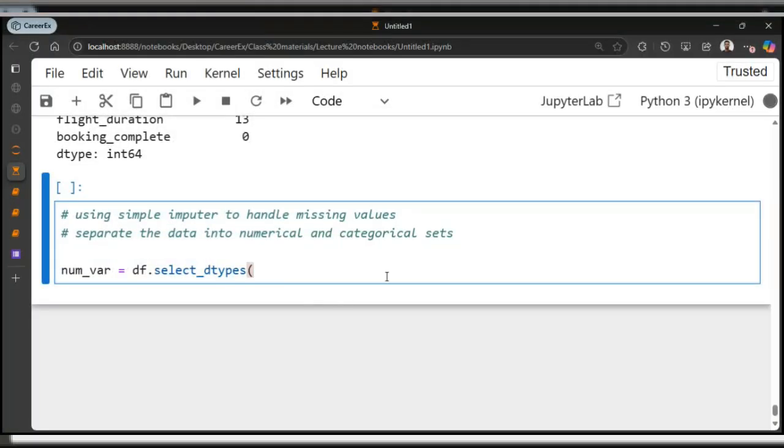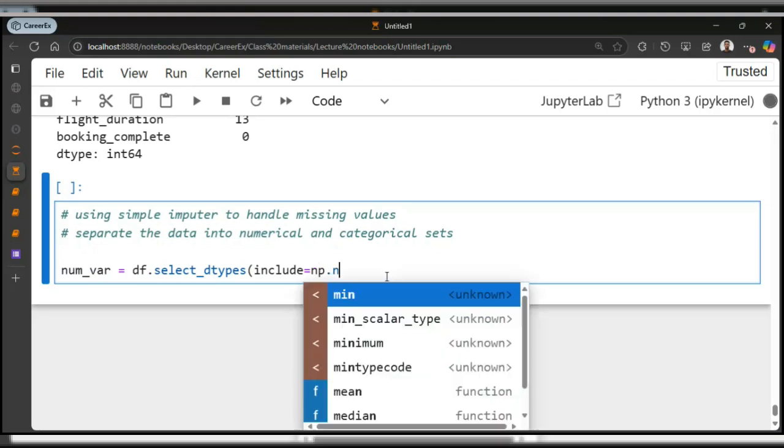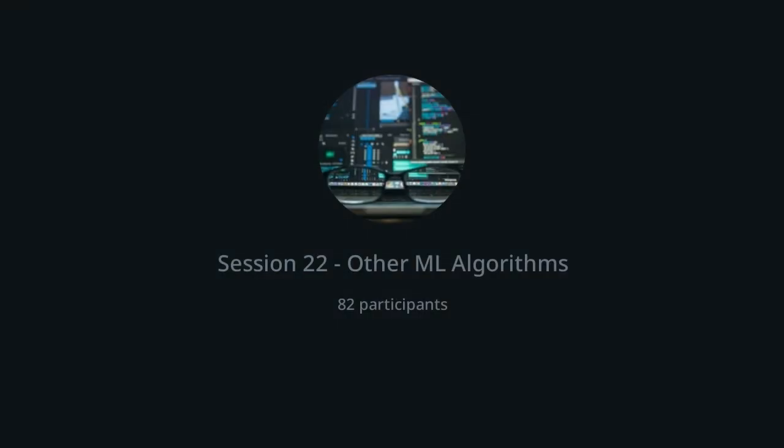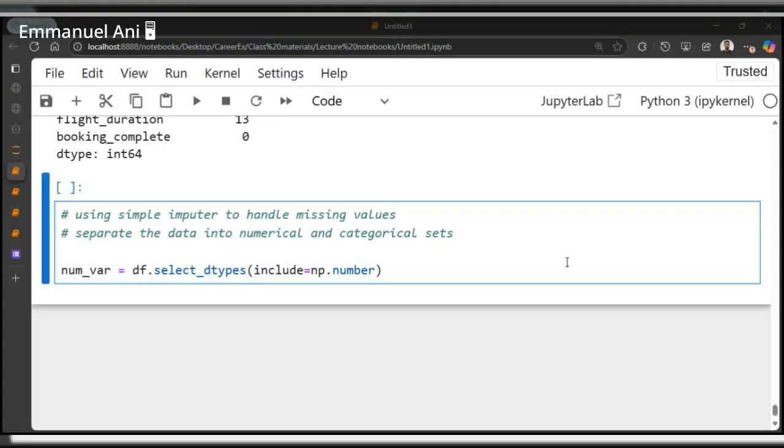What am I going to do here? I'm going to say include, and I can say np.number, right? All right, I think this should run.